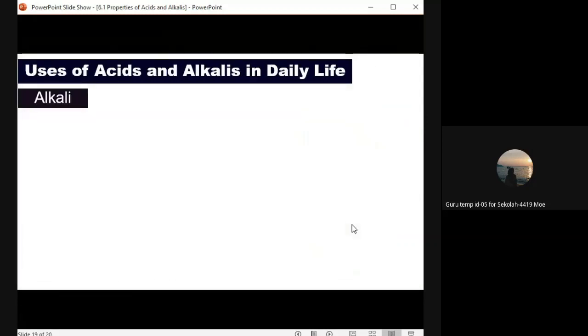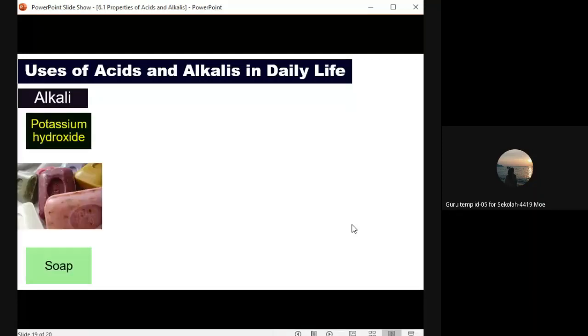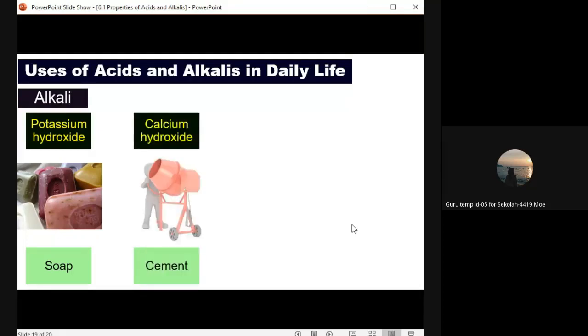Okay, and then we have alkali. What are some of the uses of alkali? Number one, potassium hydroxide is used to make soap. You use it for bathing, shampoo also. And then calcium hydroxide to make cement for building houses, buildings and so on. And then magnesium hydroxide to make